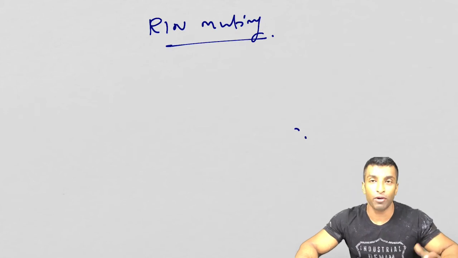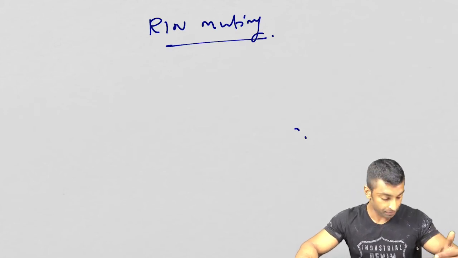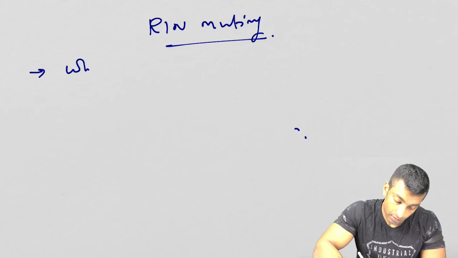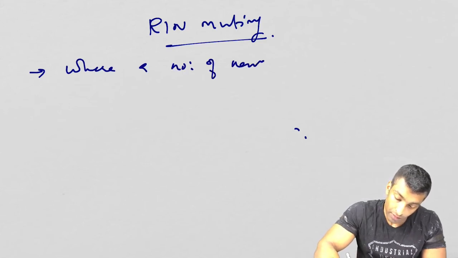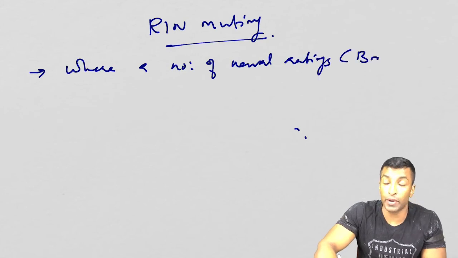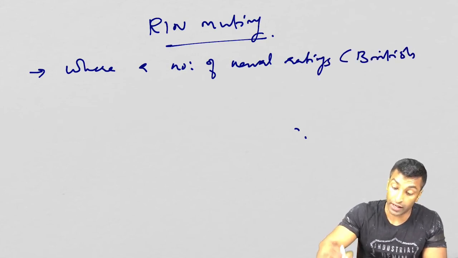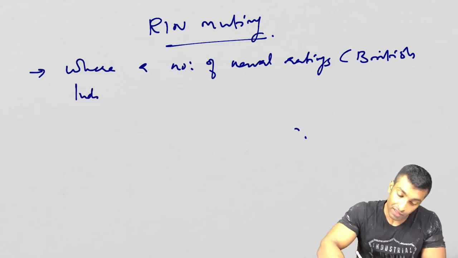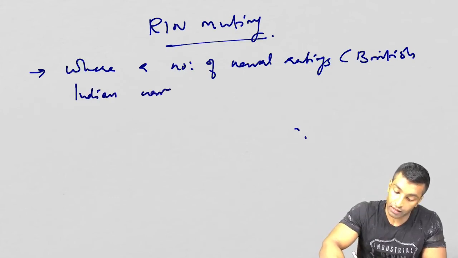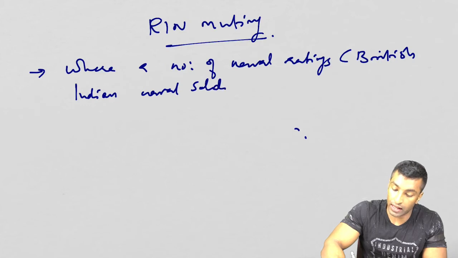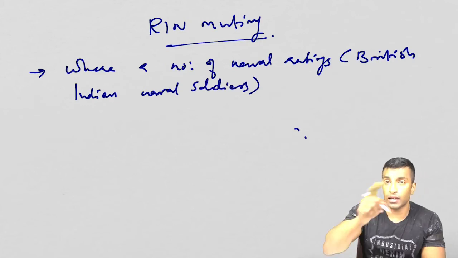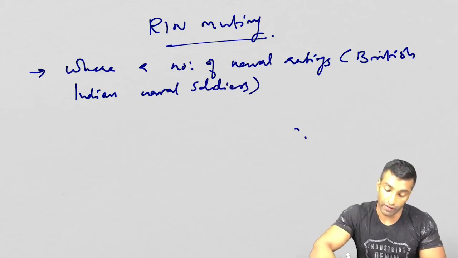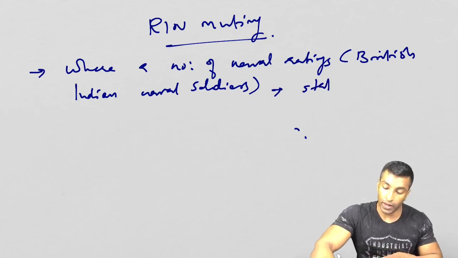Okay, so let me write down the important points related to the RIN Mutiny, where a number of naval ratings, that is British Indian naval soldiers, were involved. See, what is the fundamental difference here? The other one was army, here it was navy. Okay, stationed at Bombay,